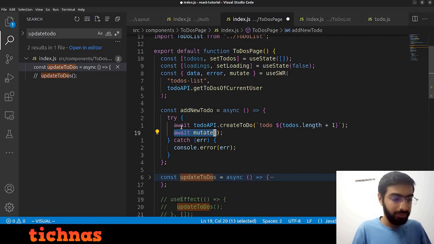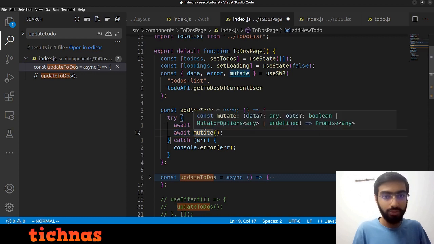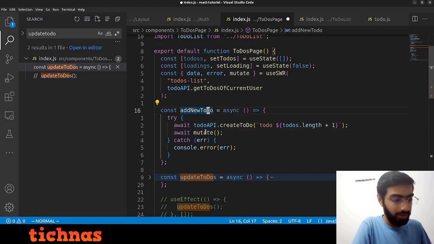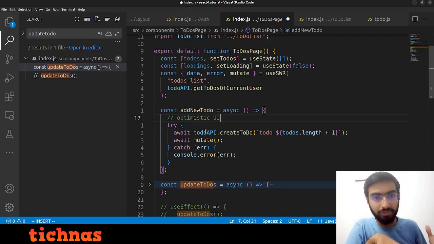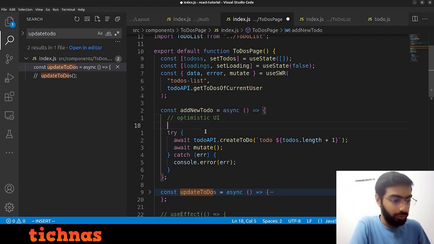One thing which you can explore, it's again part of SWR. Instead of doing this mutate and waiting for everything to update the UI, we have something called optimistic UI. Even famous companies like YouTube use optimistic UI. So I will just tell the concept of what optimistic UI is, and then it's up to you. If you want to learn more about it, you can Google and figure it out. So what happens is,